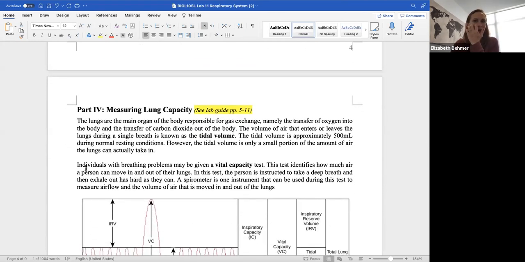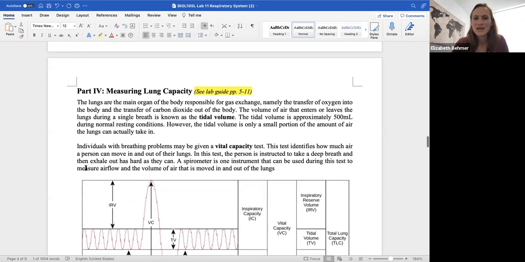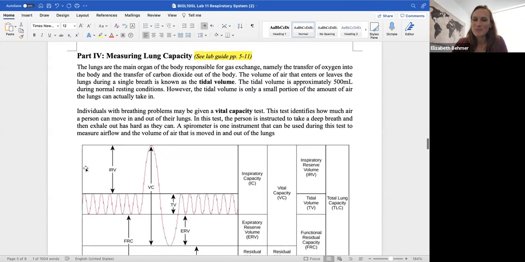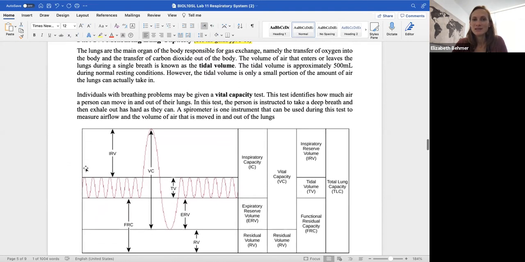Then if we were in lab, we would be measuring lung capacity. And this is really important to measure how much air is being taken into your lungs and being taken out of your lungs. And the lungs, as the main organ of the body responsible for gas exchange, namely transfer of oxygen into your blood and transfer of carbon dioxide out of the body, it's very important to make sure our lungs are functioning and taking in the appropriate required amount of air so that our bodies are getting enough oxygen and they're getting rid of the carbon